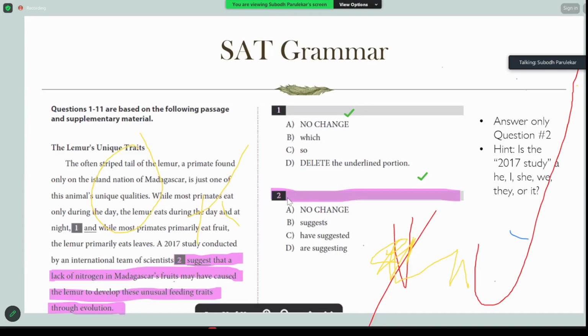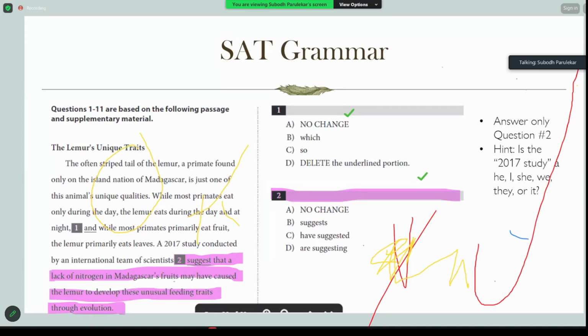So this question, as you can see, nothing is written. Basically, what it wants you to do is see if the underlined word is correct. So the question is essentially asking, suggest the right word to use in this case. And that is the question you guys are going to solve. The hint is the 2017 study that they talk about, because this sentence says, I'll read the sentence. This is the question. We're only doing question number 2.